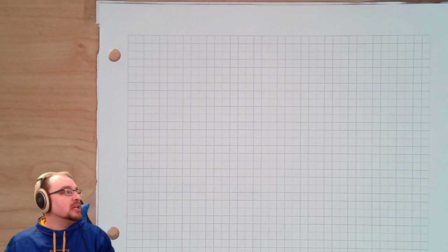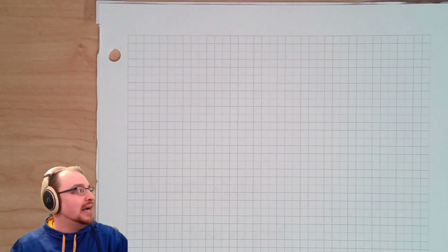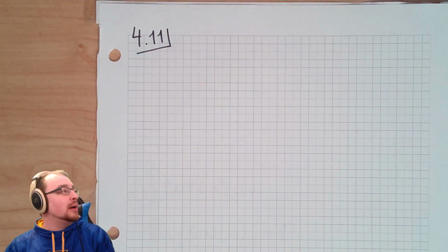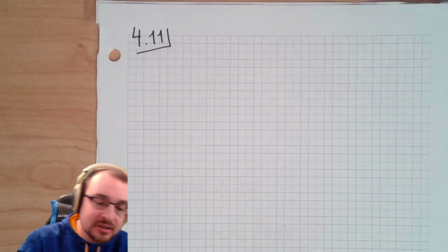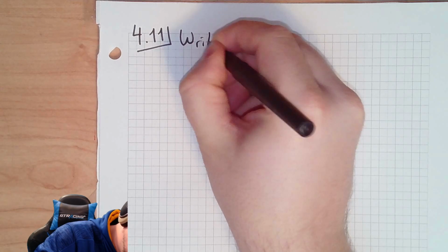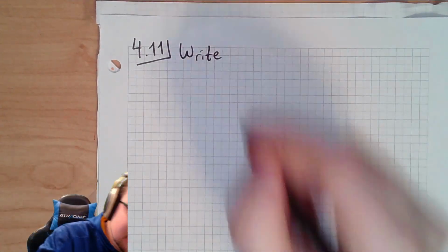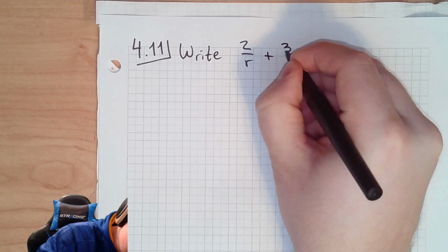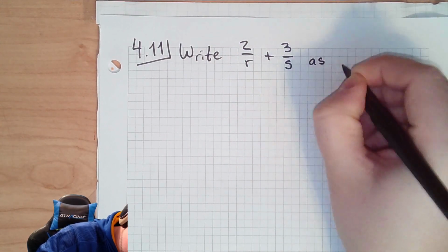So speaking of back in the action, we're looking at 4.4 fractions. 4.11. Hi, Esteban. 4.11 is the problem we're looking at. And it says, write, and I'll write it all out for you, write 2 over r plus 3 over s